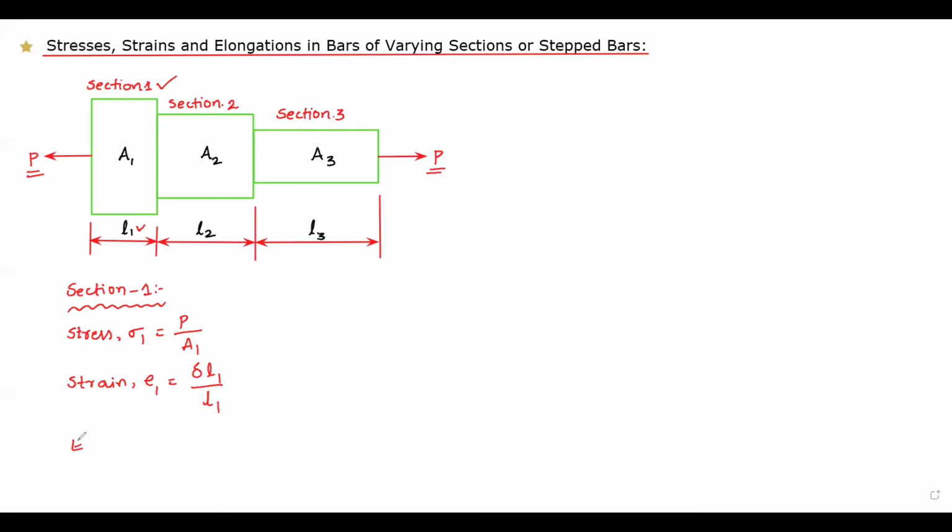So let us calculate the elongation in section 1. Elongation, which is denoted by delta L1 because we are talking about section 1. From the above equation we can get this, delta L1 is equal to what? E1 into L1. So E suffix 1 into L suffix 1, right? But what is E suffix 1 here? We know that